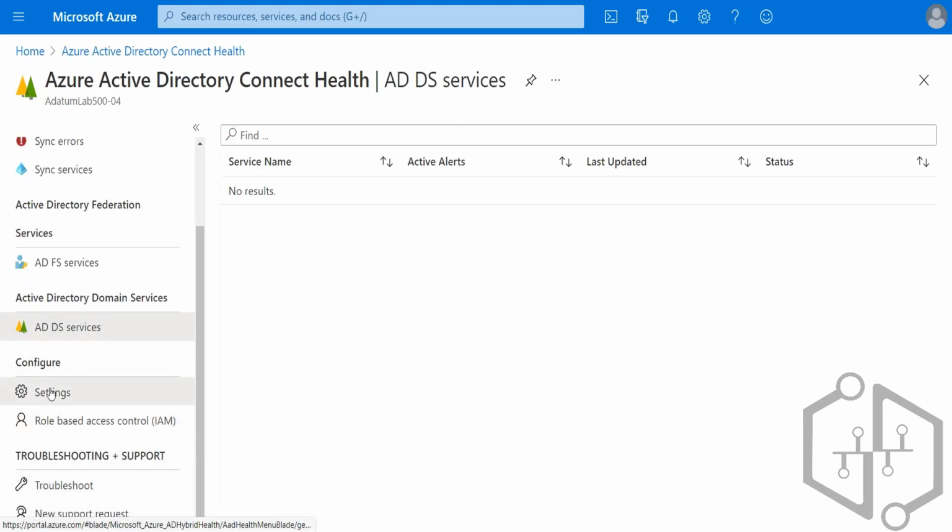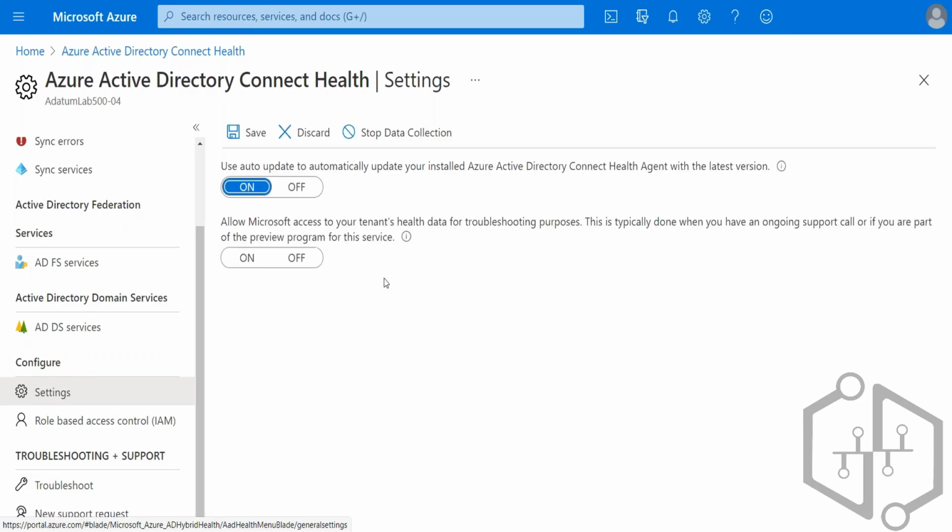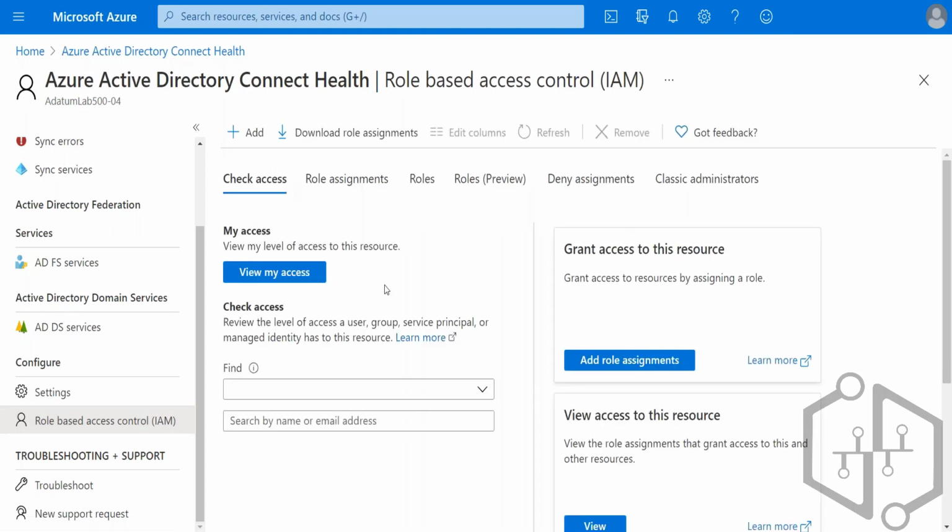So right now I don't have any issues. I don't have any problems with my system. The configuration has been done successfully. That's why I'm not seeing too much of information here. Okay. So depending upon